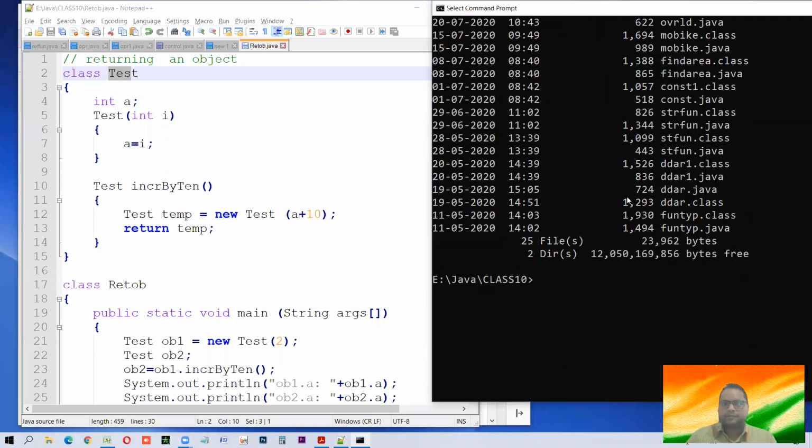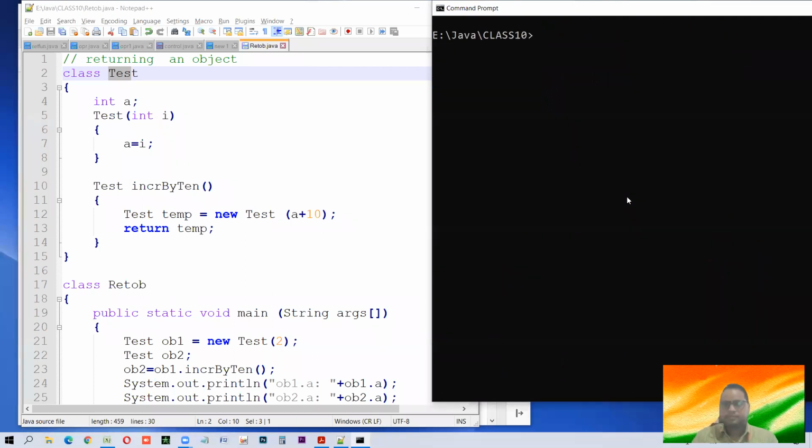And yes, it's time to run it. The class having the main function in it should be written at the time of executing, and see, as expected, it's happening.